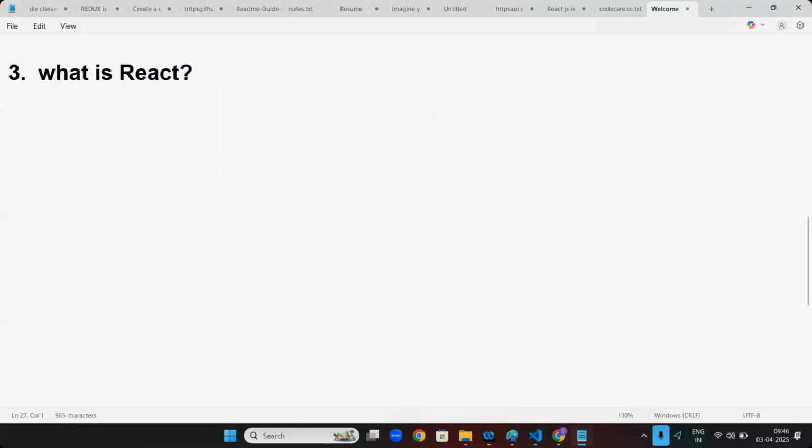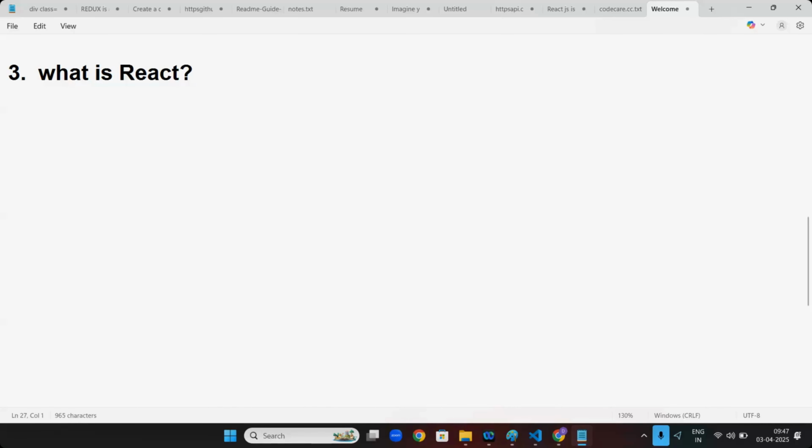What is React? Do you guys know anyone in JavaScript? In JavaScript, do you guys know any libraries? Have you guys used any JavaScript libraries? Like a slider library or jQuery. No. Do you guys at least use Bootstrap? Do you all use Bootstrap? Now tell me, what is Bootstrap?